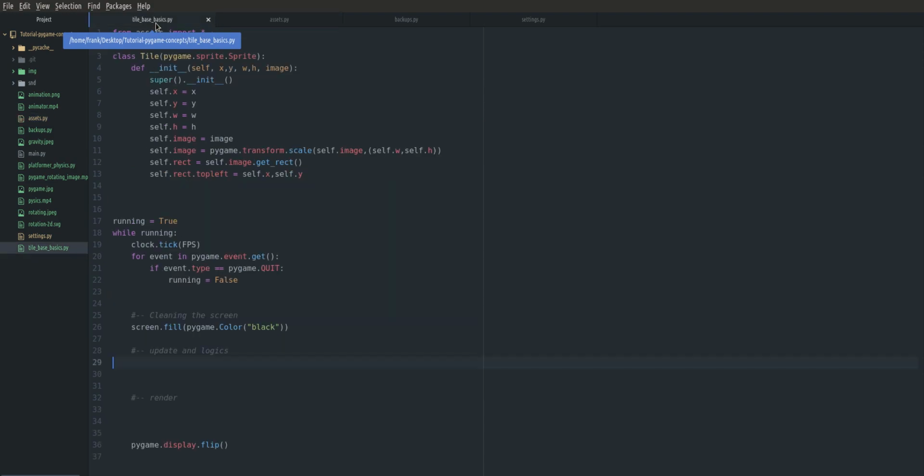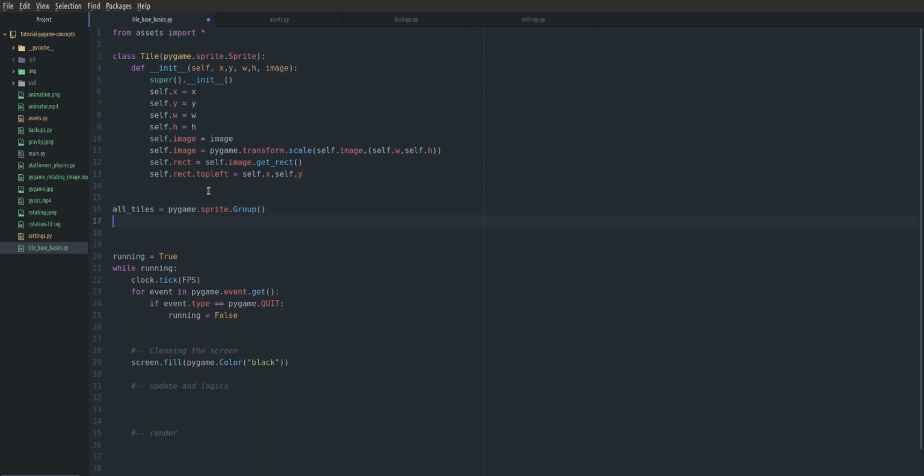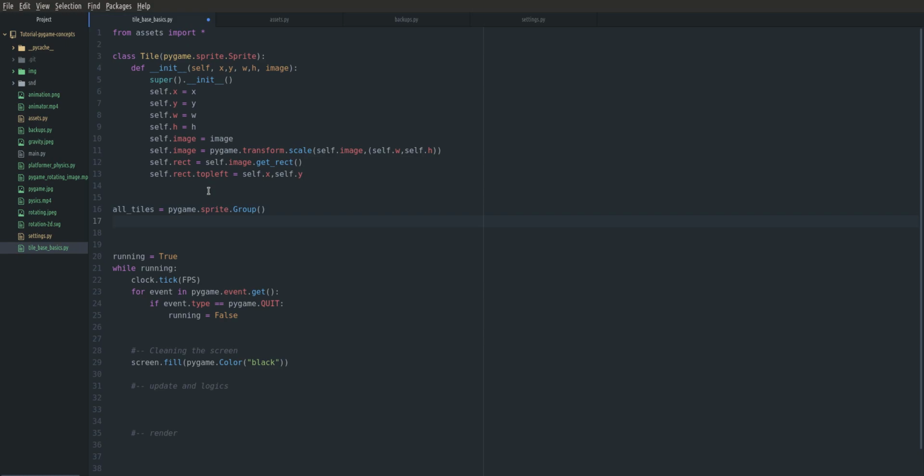It's a kind of easy process. So first let's create our containers, all_tiles equals pygame.sprite.Group,